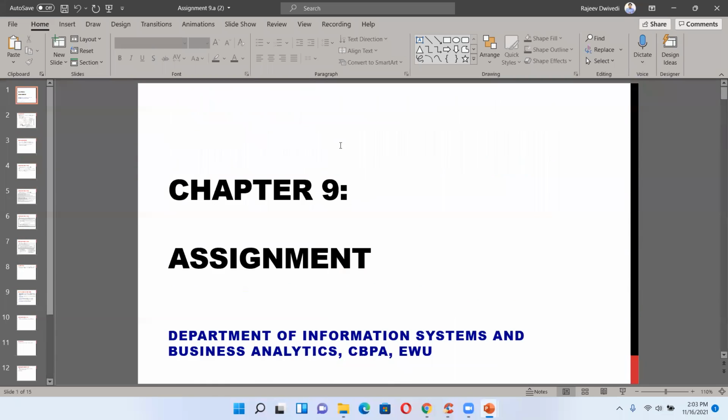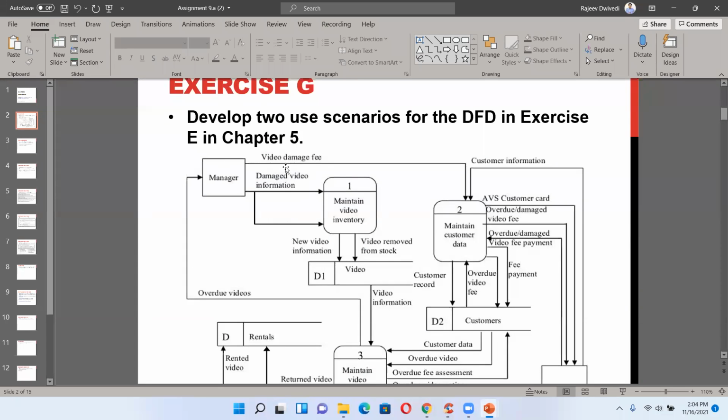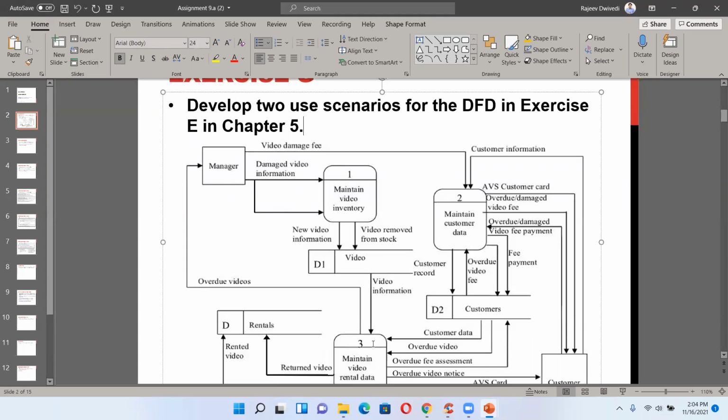the first problem is the video rental case, that you go back to chapter number 5. Exercise E is to develop the zero DFD. So, develop 2 use scenarios for the DFD in exercise E in chapter 5. This is the zero DFD from chapter 5, the video rental zero DFD.